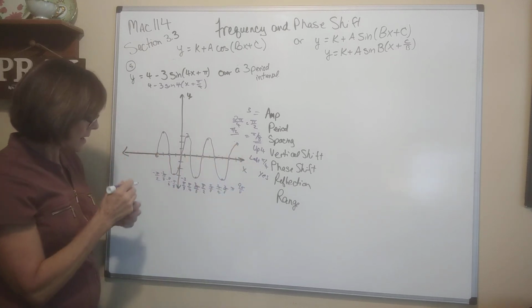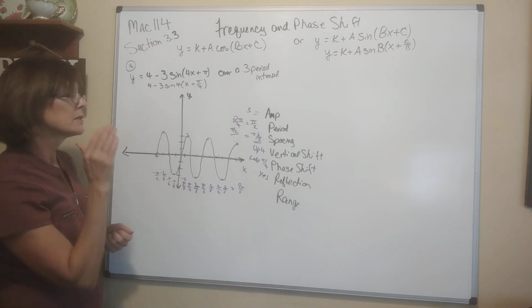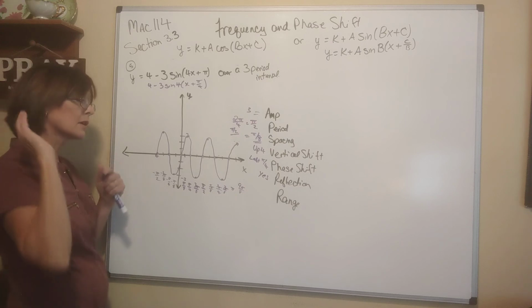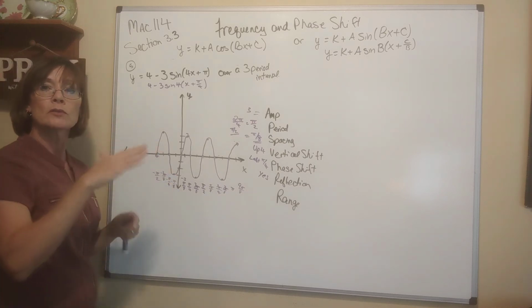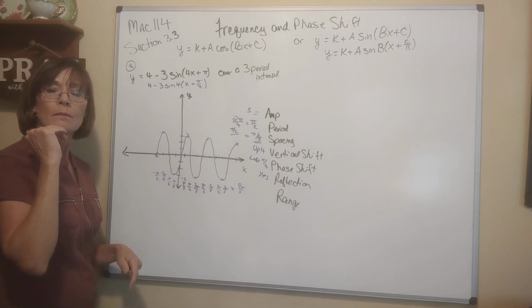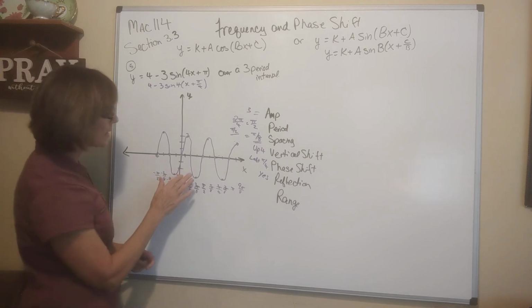Now we have to deal with the vertical shift at the end. Up 4. So what I'm going to do is go to my x-axis and add 4 to every unit right there. So negative 3